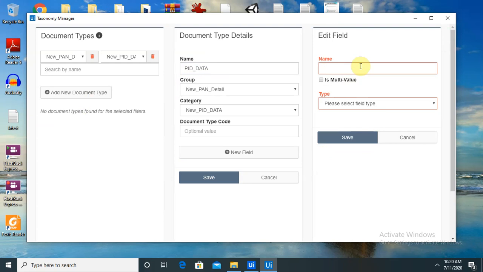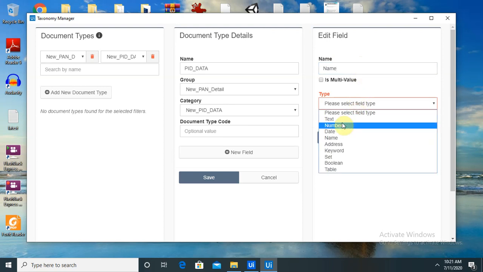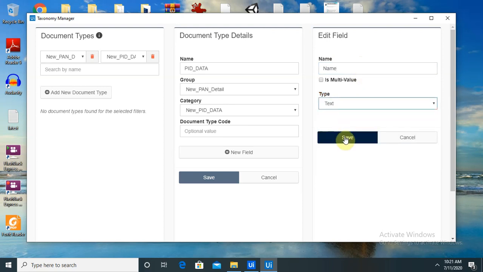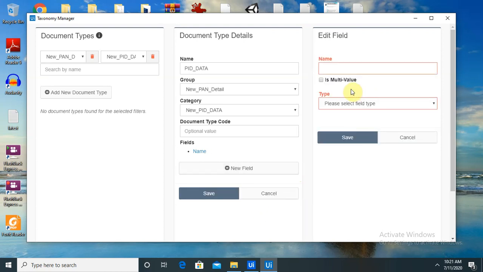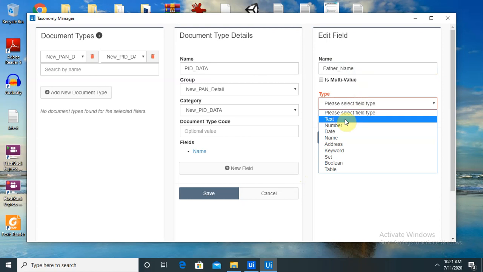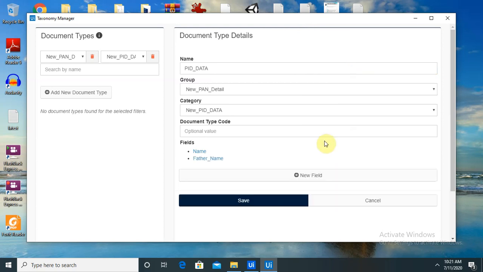For fields, I will need the PAN name, the name of the PAN holder. Let me add it here as name, and the type of this is text. Save this. Next field we will use is father name. This is also of type text.